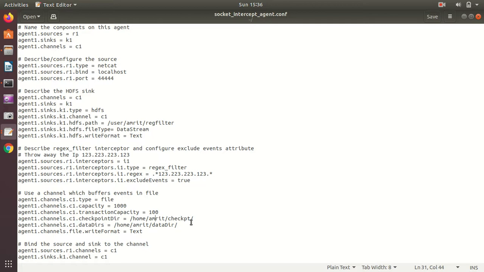Guys, I've already explained the meaning of checkpoint and data dir in my previous video, although I can rephrase again. Checkpoint means I want some states to be saved on the go, because if something happens, I can easily revert to that point instead of starting from scratch. And data dir means it generates some temporary files when it gets executed, right? So I'm done with this configuration file, right?